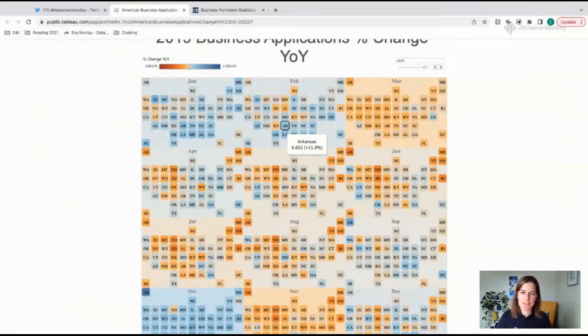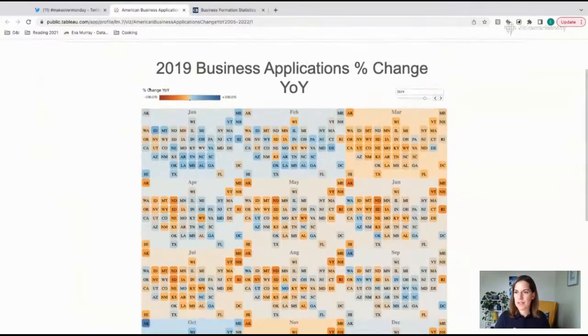This could be a personal preference, but red in this visualization has a bit of a negative connotation of there aren't that many people trying to open a business. So blue being more like the positive business color, red being not as much happening. I thought it was the other way around. But I would explain that. I would explain the color legend more than just percentage change year over year.